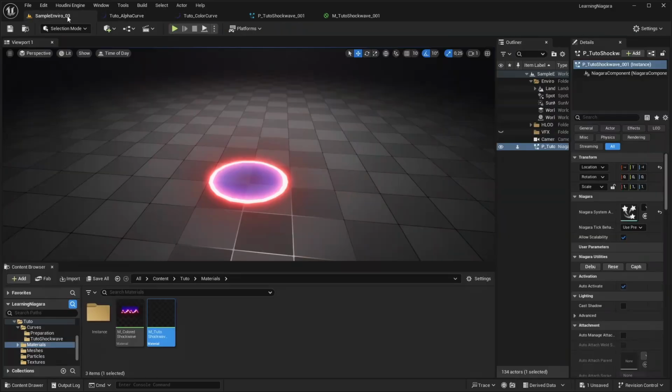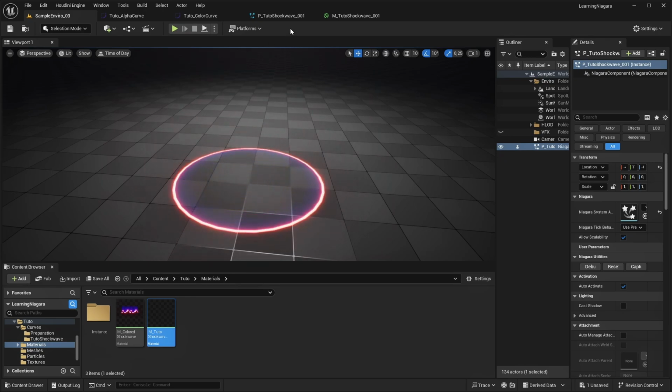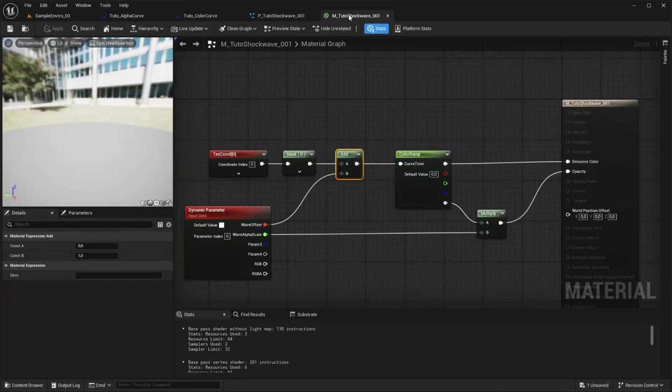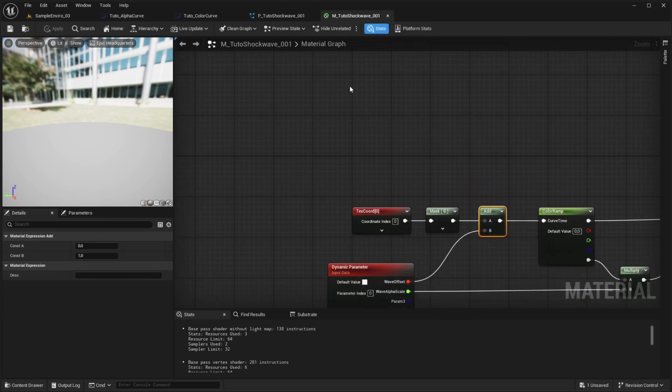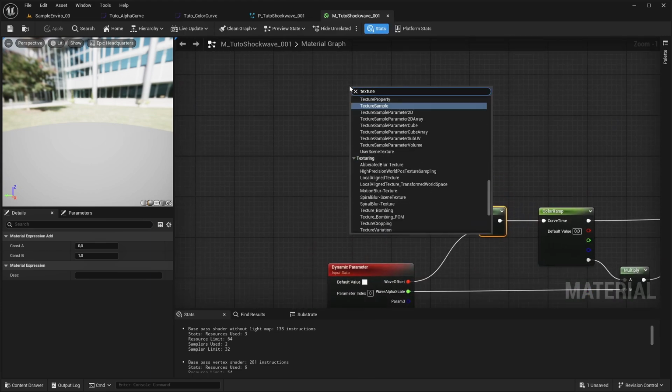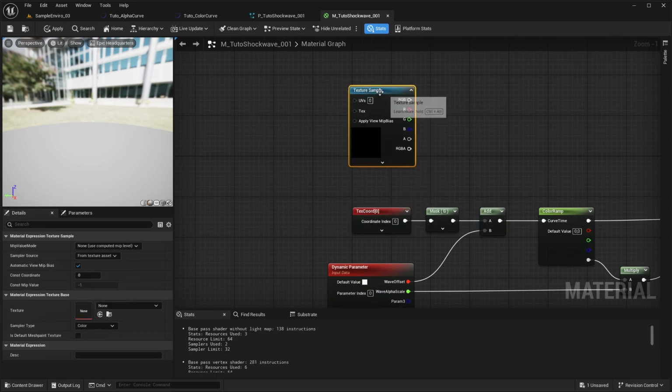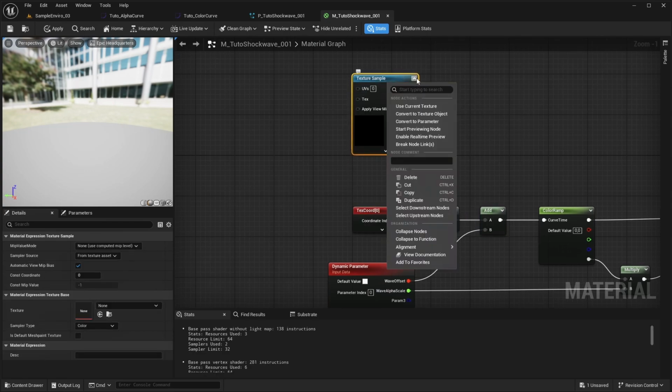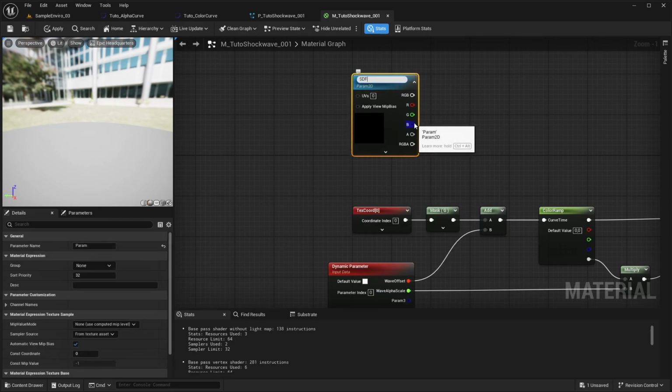But we are missing something, which is the shape of the shockwave. So for that, we'll come back to the material and we will add a texture sample like this one. You can convert it to a parameter and rename it SDF texture, for example.